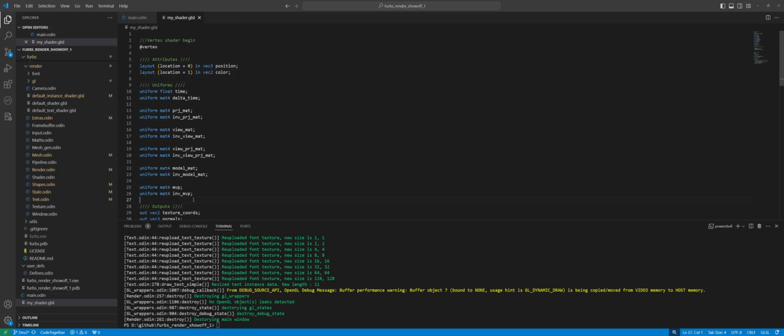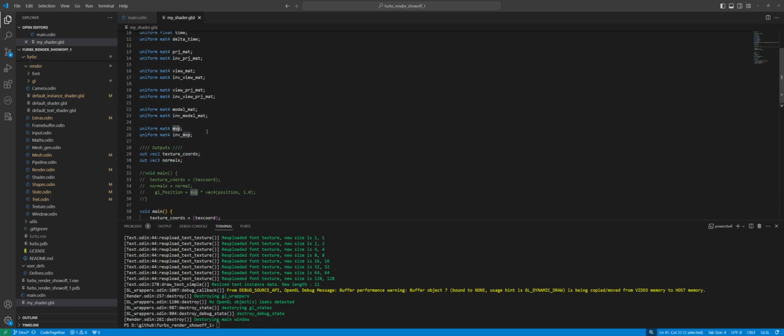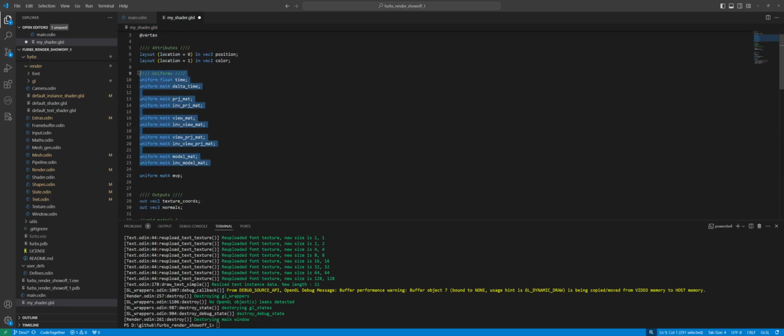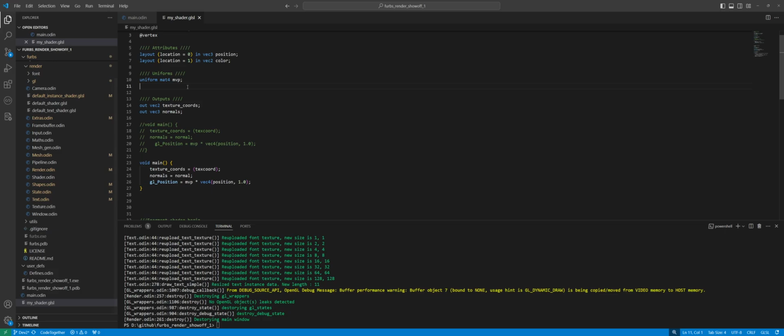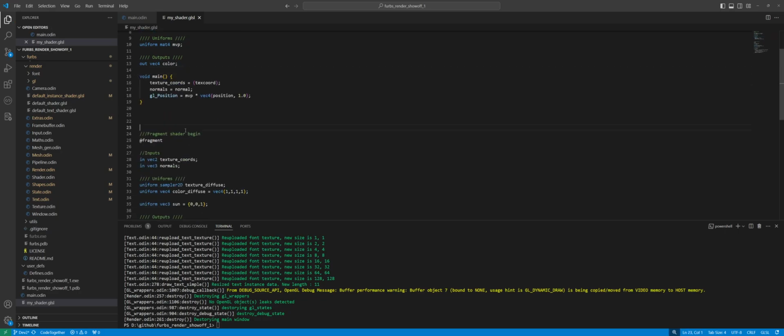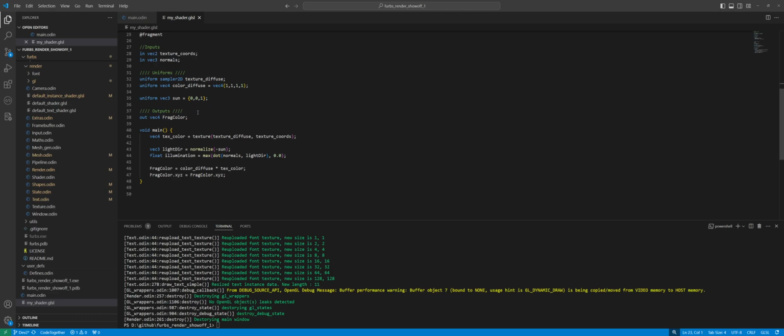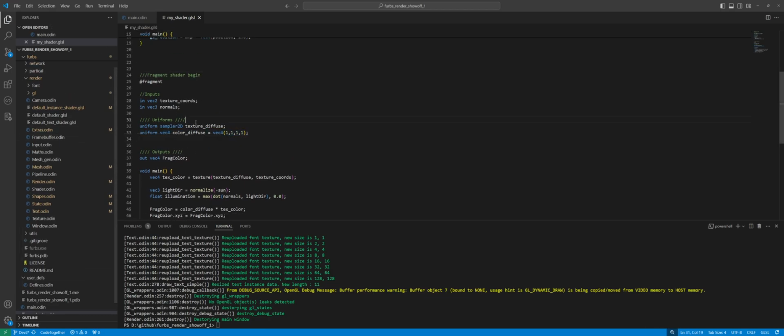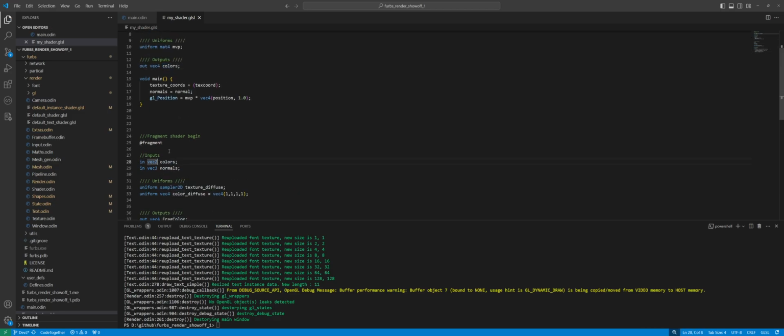So we won't need, we'll need the MVP, but we actually don't need anything else. So let's just remove all this. And out we actually just need a color, and it's gonna be a vec4, like that. You can see it's not totally done, right? I'm still working on some of the stuff. So let's call this colors with an S